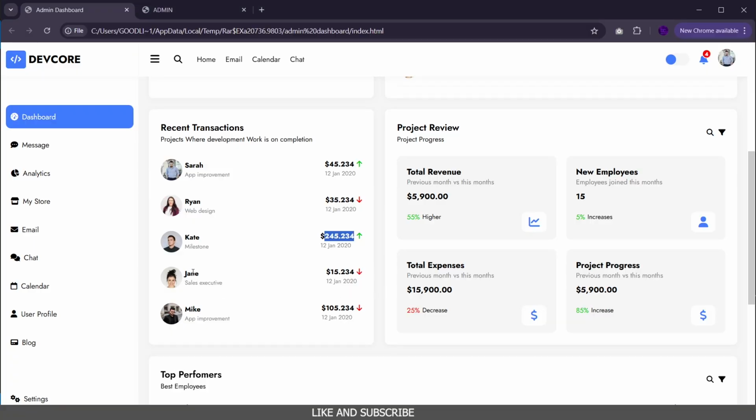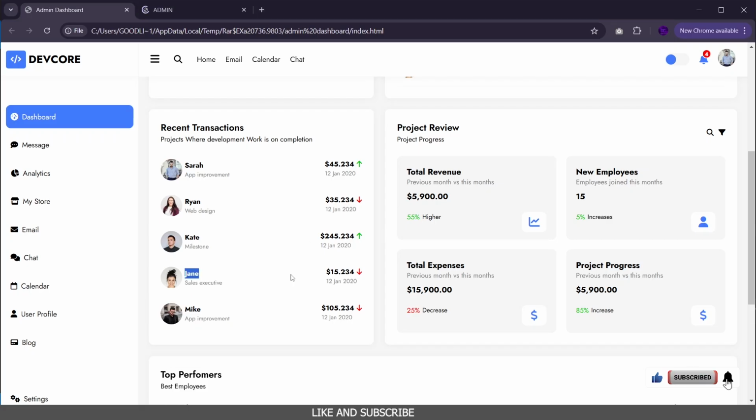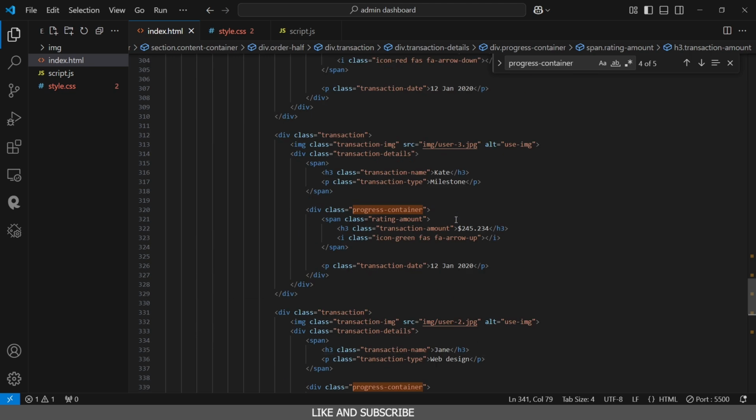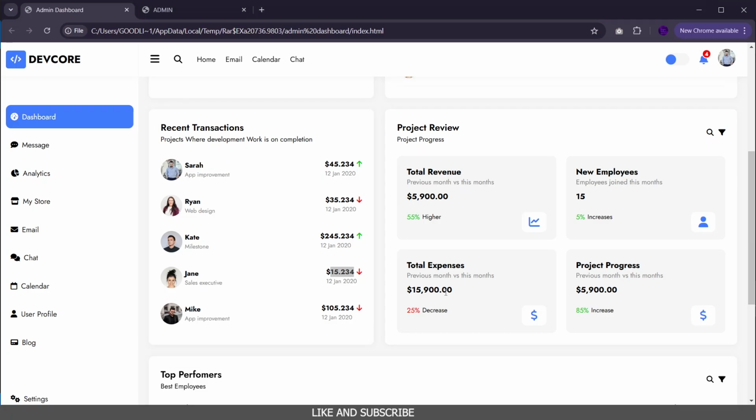Then we're going to have the fourth name, which is Jane. This is going to be Jane, and the amount here is $15.234. So let's change this to 15. The third one, let's also change the image. Let's see, here we're going to change the image to user 4, and the third one is going to be Mike. The job here is also different, so copy that,